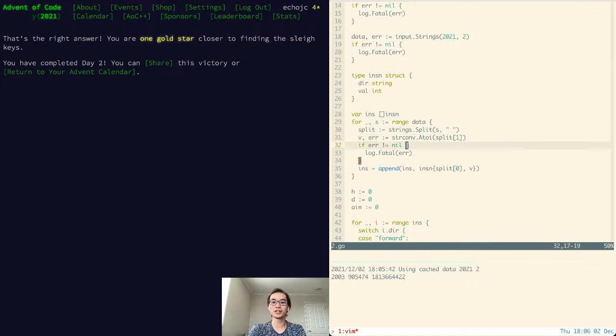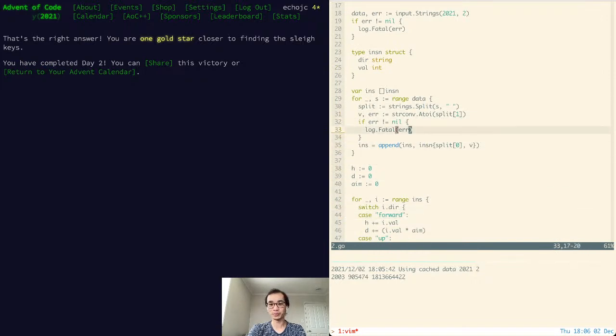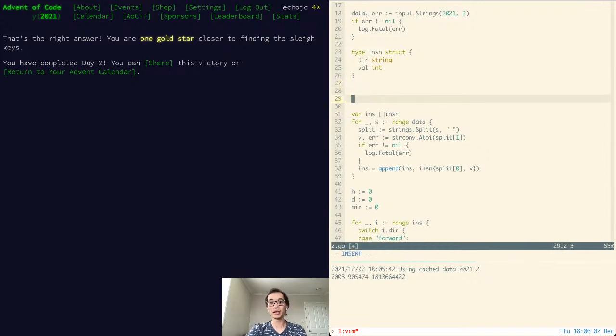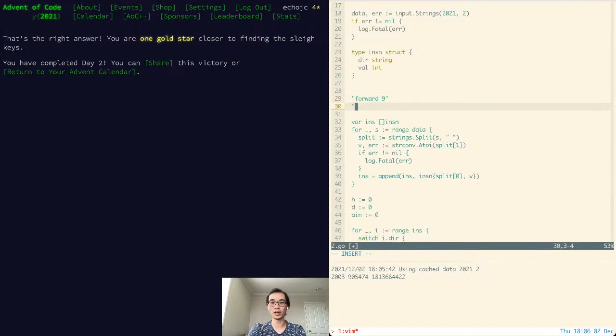There's a little bit of interesting stuff going on with the parsing. So the way I parsed this, if it's not clear from the code, each input comes in here as forward 9 or up 2 or something like that, right? So first thing I do is I split it. So now I have an array, forward